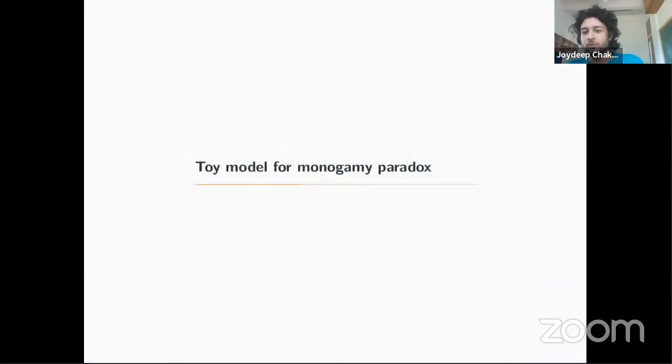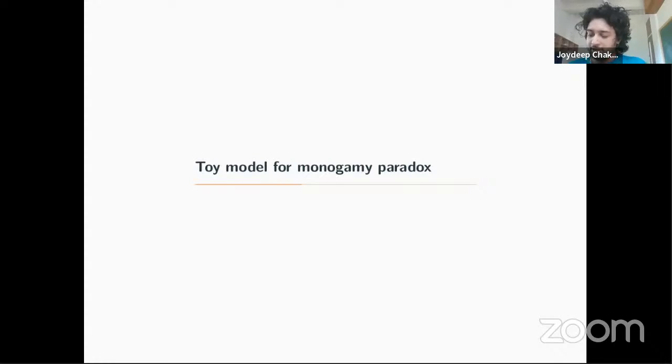Okay, so I'll move on to this toy model of the monogamy paradox. The goal here is to investigate a toy model in empty flat space, which captures essential features of the monogamy paradox for old flat space black holes using a clean calculation framework. In general, there exists no nice way to calculate entanglement measures in the bulk from the perspective of bulk gravity. However, we can formulate the monogamy paradox in terms of monogamy of CHSH correlators, which we use to quantify